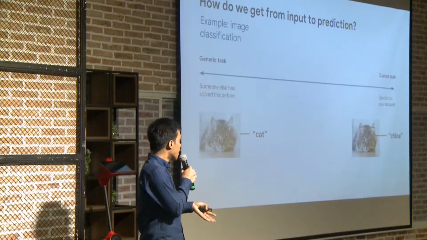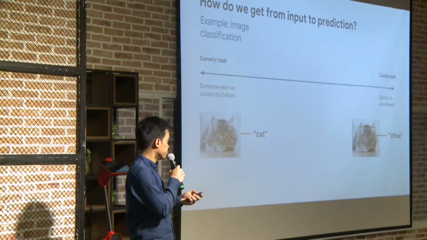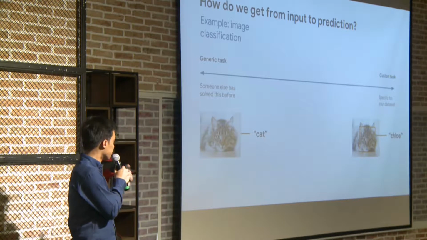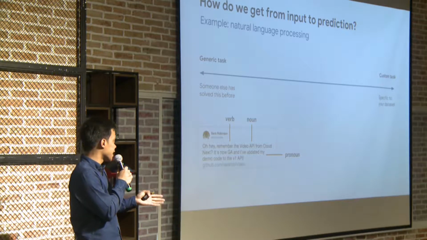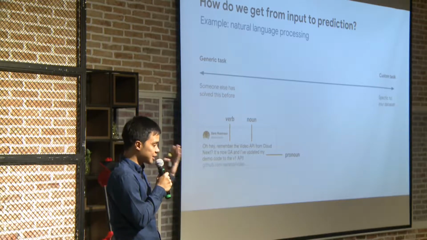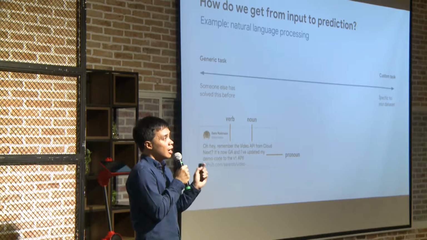So for example, in image classification, you already have generic tasks. You can already perform image classification, but for custom tasks, if you want specific labels, Google Cloud is also a way for you to do that very, very quickly. The same goes with NLP. There are already generic tasks like part-of-speech tagging and sentiment analysis, but in some cases you have your own custom way to categorize data. For example, you would want to understand if this text is related to programming, or if this text is an opinion.